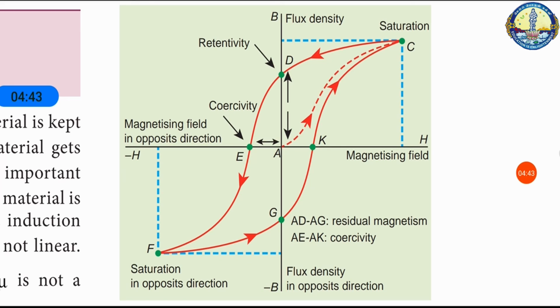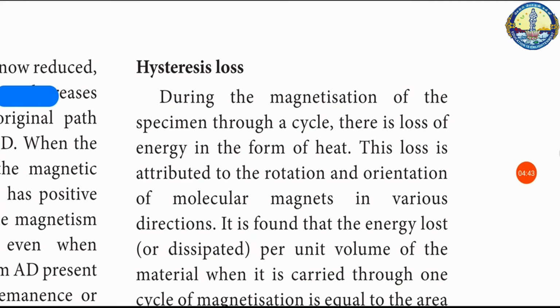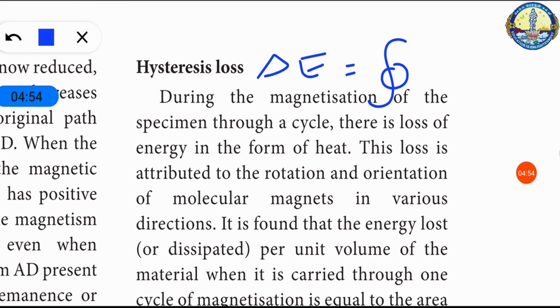Based on the shape and size of the hysteresis loop, ferromagnetic materials are classified as soft magnetic materials with smaller area and hard magnetic materials with larger area. The comparison of hysteresis loops for two magnetic materials we are seeing here, that is carbon steel is hard and silicon steel is soft. Application of hysteresis loop: one is permanent magnets, the second is electromagnets and the third is the core of the transformer.